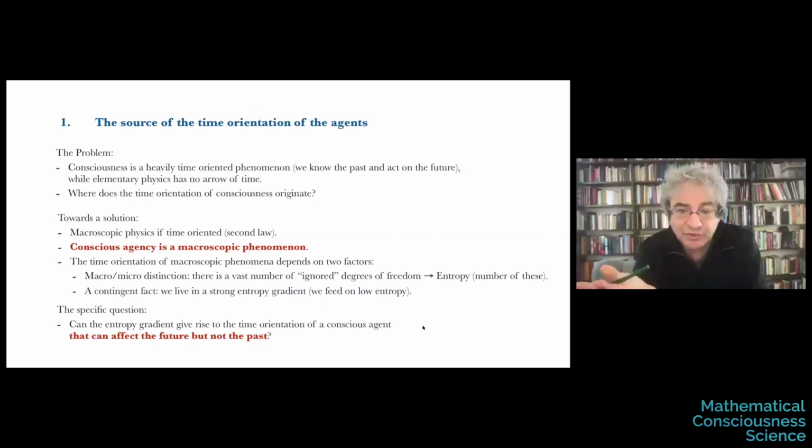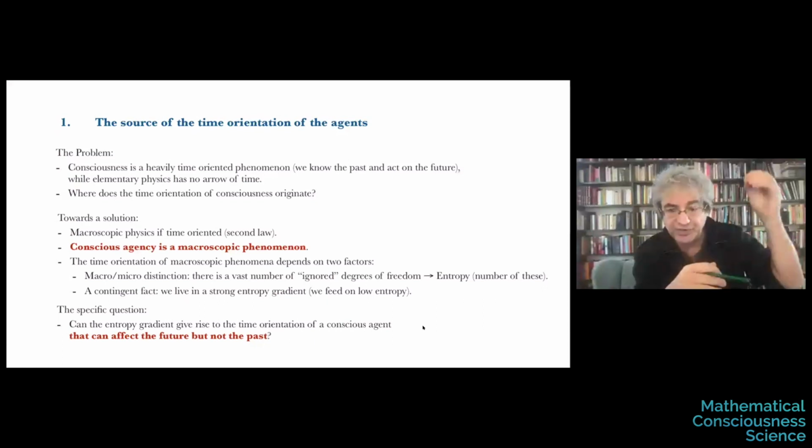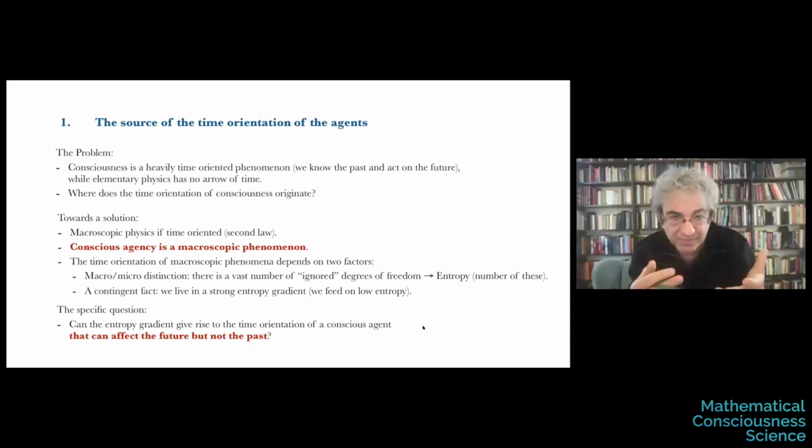The only answer is because of entropy. But how is it possible that low past entropy creates a macroscopic history where there are traces of the past and not of the future, right? A step in the sand is there because somebody walked in the past. A crater on the moon is there because a stone fell in the past. There should be a story that just from low entropy in the past, you have traces of memory of the